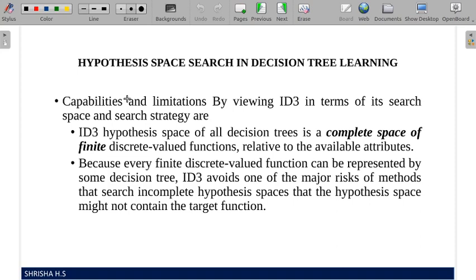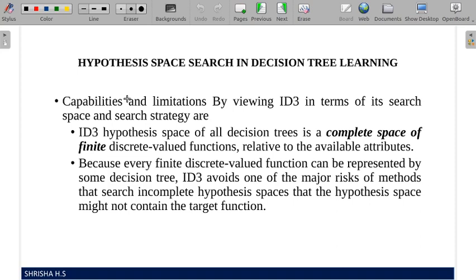Okay, the tree is not constructed. But still there was a possibility of construction, but due to the error in the algorithm, due to error in the design of the steps, you may not get a final decision tree which you wanted. But ID3 successfully constructs the decision tree.